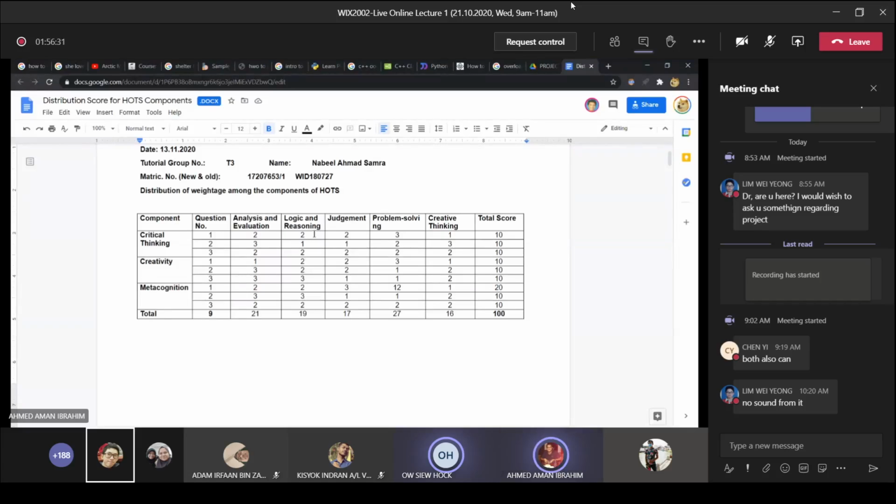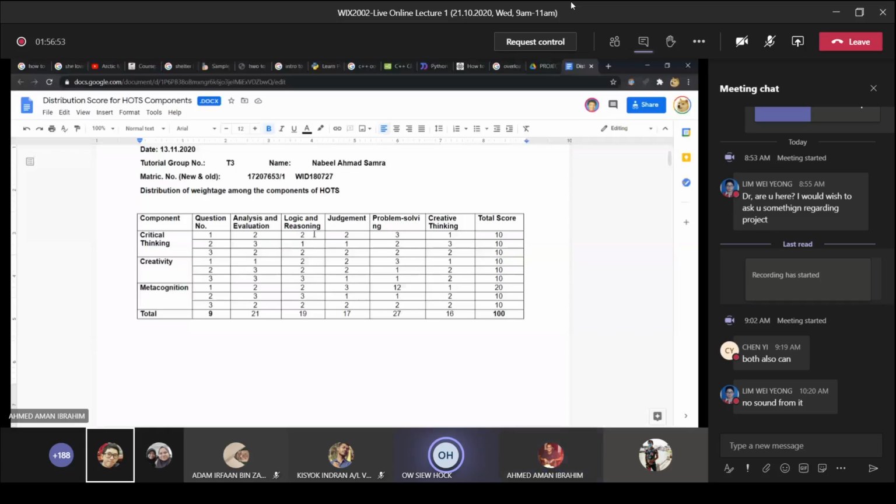How many allocated marks for that particular question, for analysis and evaluation, the number of students who chose that part. Doesn't matter how many scores they assign. So, Doctor, we're only checking if it's 0 or any other number? Yes. But you give me the marks assigned also, because from the marks assigned, I also want to know,